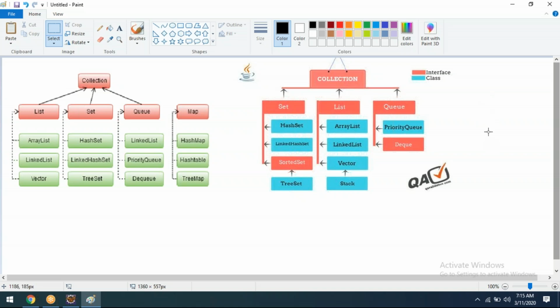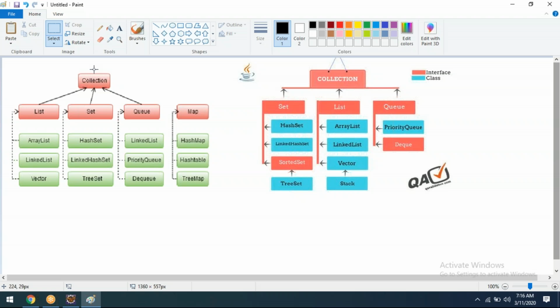Hope this is clear. If you are trying to read it, the same thing will come: list, set, queue. Now it's a very simple thing. What we need to understand is that it's a collection. On top of that, there is one more thing: at the end, the object class has to be there.